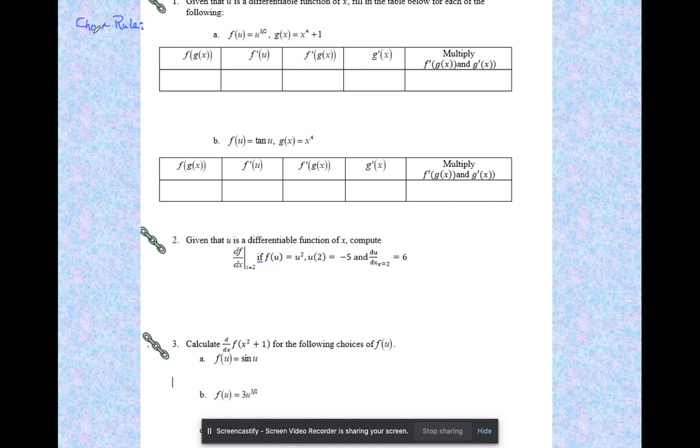Remember, the big idea behind the chain rule is when you want to take the derivative of a composition. And remember what a composition is. A composition is one function put inside of another function. So you are used to this box here